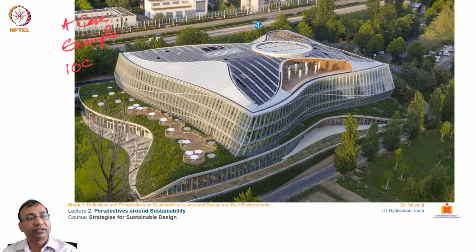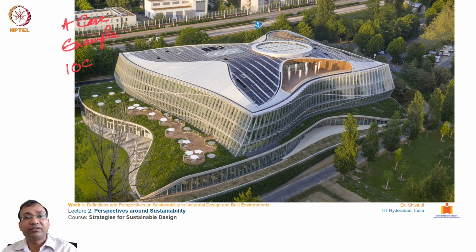from different places. So this is a building of the IOC, the International Olympic Committee. And you see this has a very strange kind of design, but this strangeness is devised from the simulation, because at what time of the year, at what time of the day, how much sun intake, how much light intake is needed in which portion of the building, and accordingly the surface of the building, the surface which you are seeing is tapering and waving like that, is actually designed with that calculation in mind.